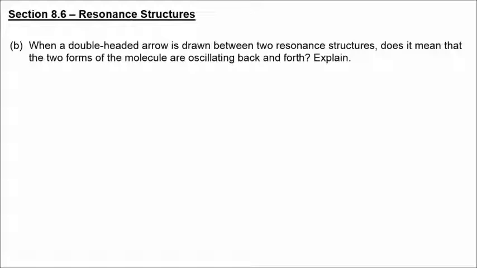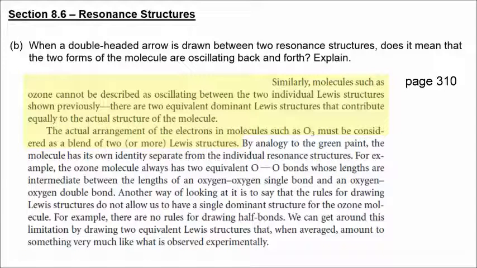We're going to use a double-headed arrow drawn in between two resonance structures. Does that mean that the two forms of the molecule are just rapidly oscillating back and forth? No. Molecules such as ozone cannot be described as oscillating between the two individual Lewis structures. There are two equivalent structures that contribute equally to the actual structure of the molecule. The actual arrangement of the electrons in molecules such as ozone must be considered as a blend of two or